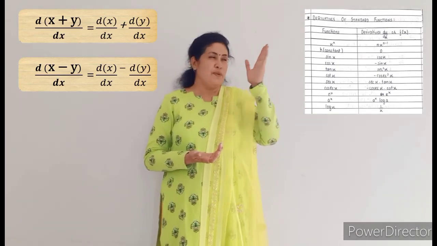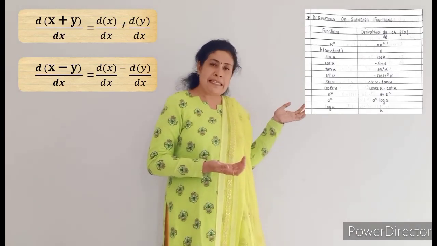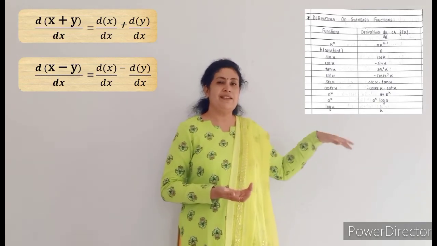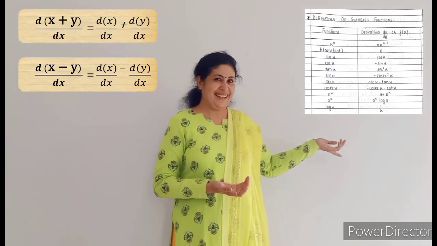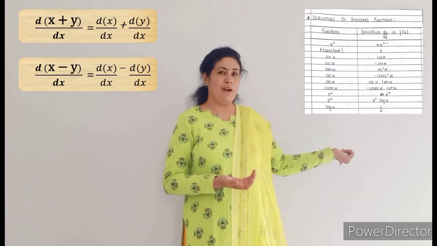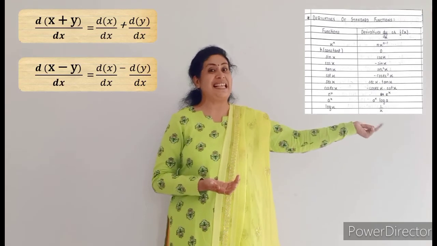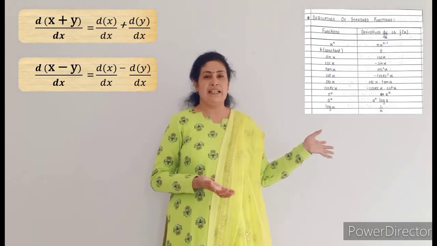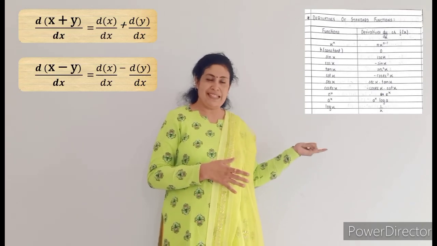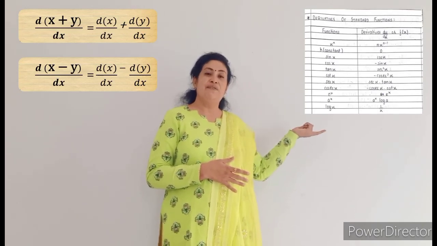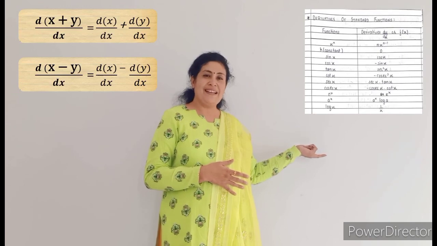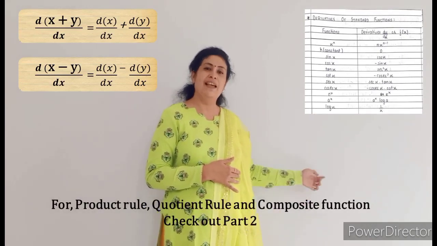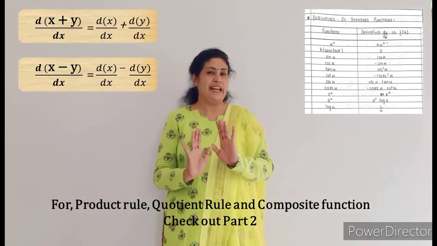If you see in your formula table, wherever c comes, like cos, cot, cosec, their derivative is always negative. For example, the derivative of cos x is minus sin x and so on. So you have to remember this. That is one trick to remember: wherever the function starts with c, cos, cosecant, cotangent, the derivative is negative.